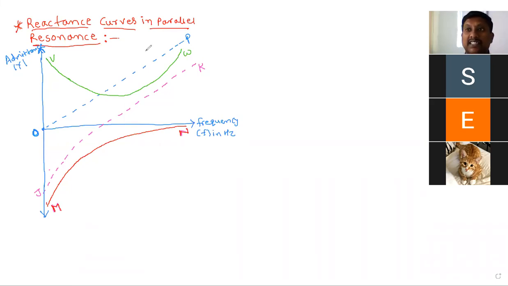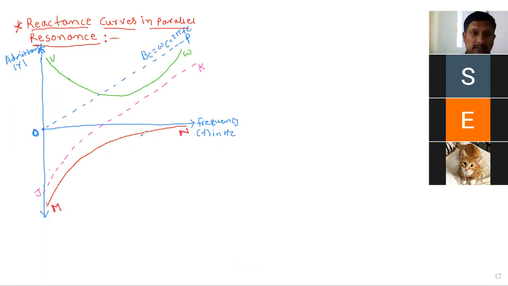So in series resonance, XL is the straight line passing through the origin, but here the straight line is XC. So this is BC, we can consider it as XC. XC means what? 2 pi fC. Omega C, we call it. Omega into C, that is 2 pi fC. Don't take R. So it is omega into C, that is nothing but 2 pi fC. Okay, this is the capacitive admittance.